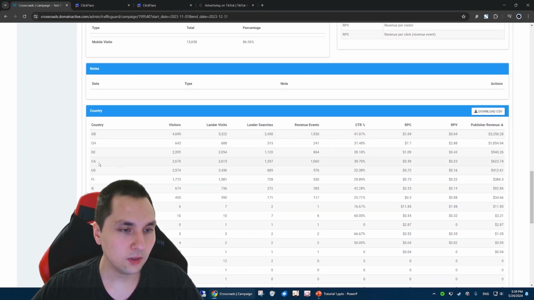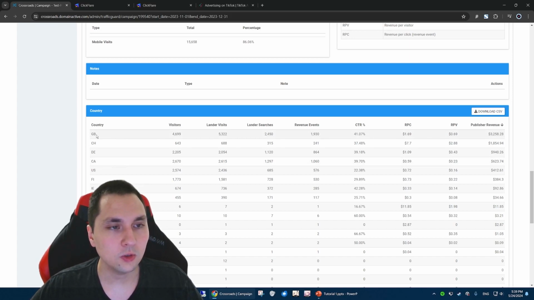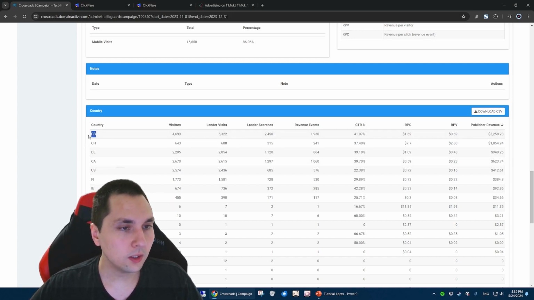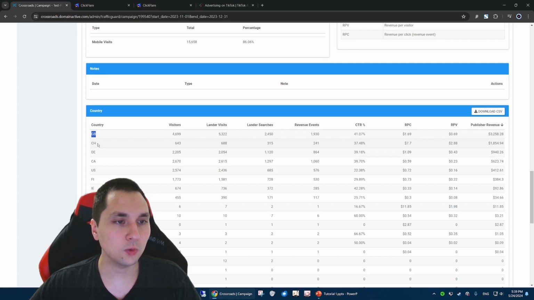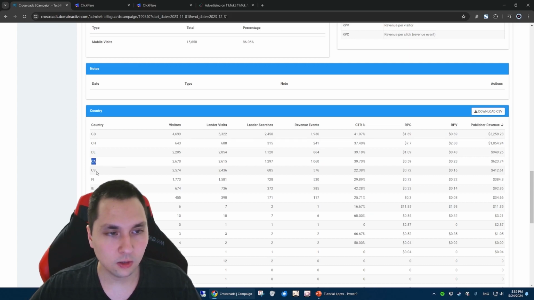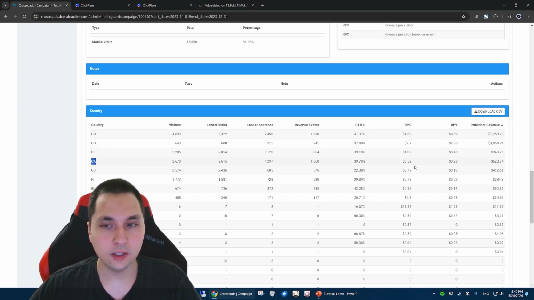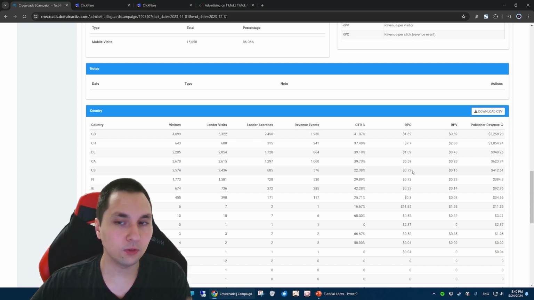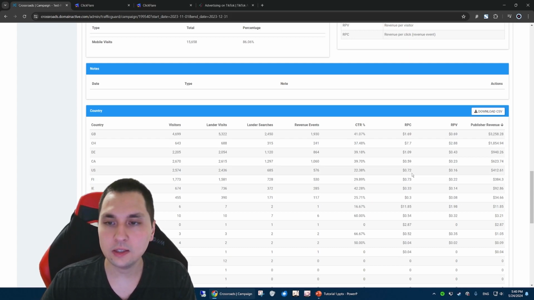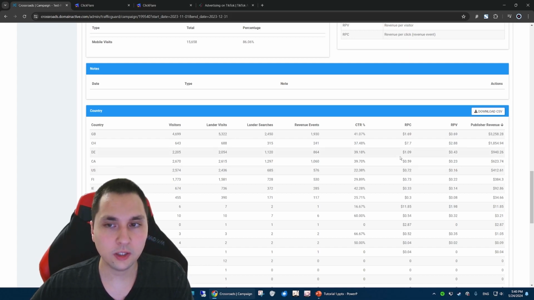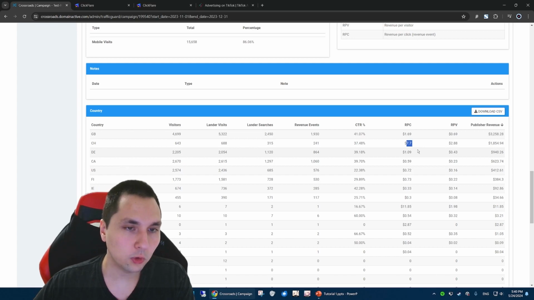Where we were advertising, as I said before, is mostly tier 1 countries, and so we have Great Britain, we have CH, which is Switzerland, we have DE, which is Germany, CA, which is Canada, US, which is United States, etc., etc., right? We can see how the payout differs between countries. Usually, on average, the US would have the highest payouts, but in this particular case, it seems like Switzerland had extremely abnormally high